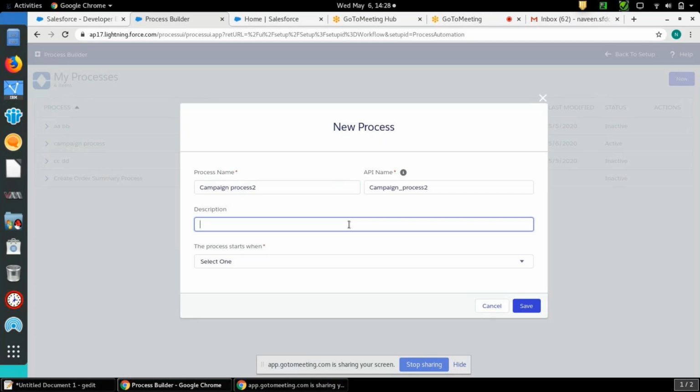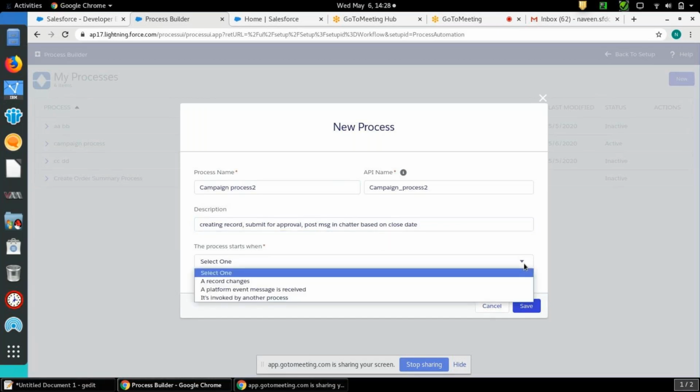So what are the actions we are going to perform, that I will mention here. Creating record, submit for approval, post a message in charter based on close date.